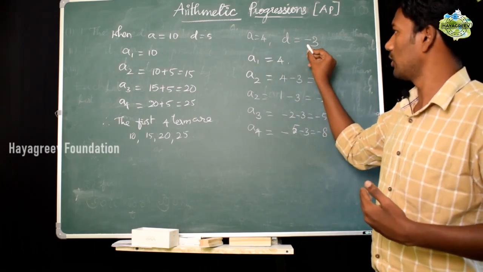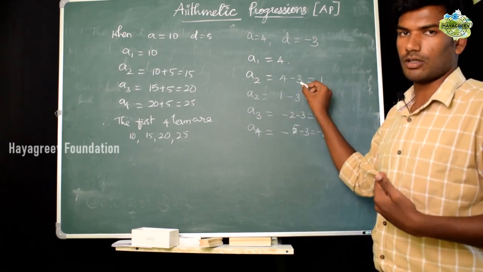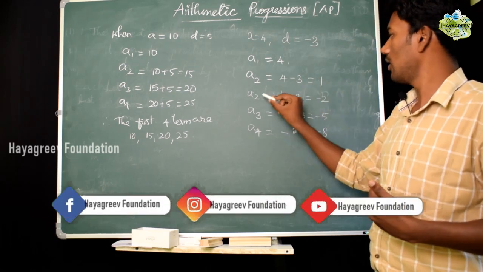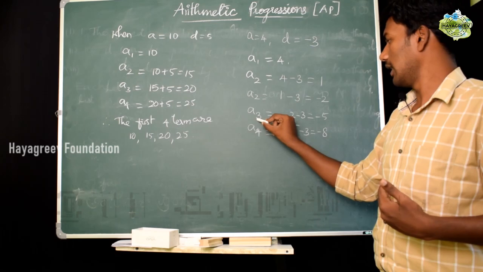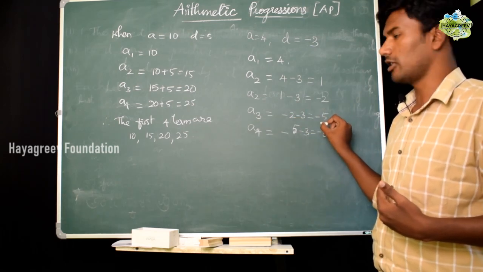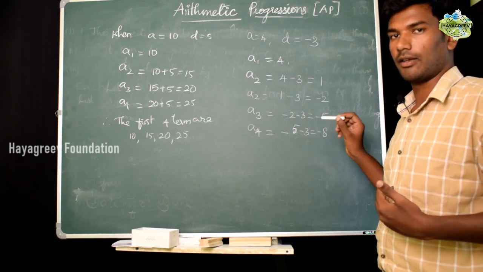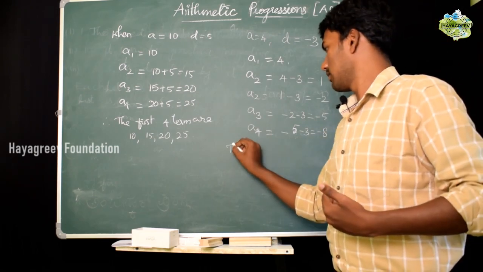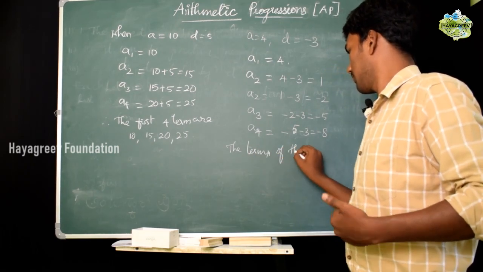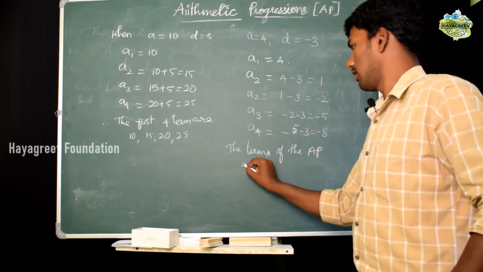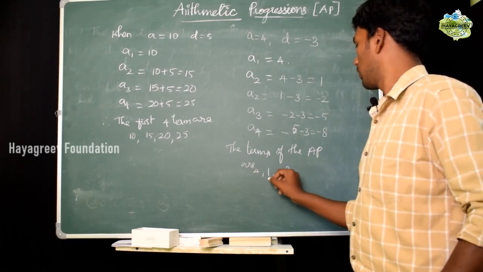Here that fixed value is minus 3. So 4 minus 3, that is the second term, is 1. 1 minus 3 is minus 2, that is A3. Minus 2 minus 3 is minus 5, A4. Minus 5 minus 3 is minus 8. So, the terms